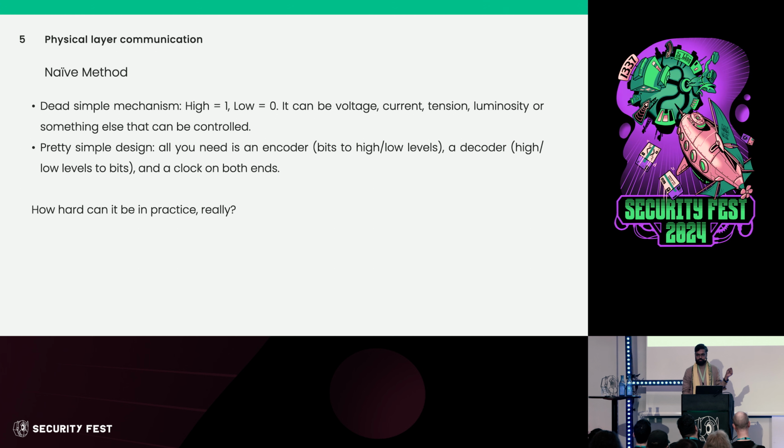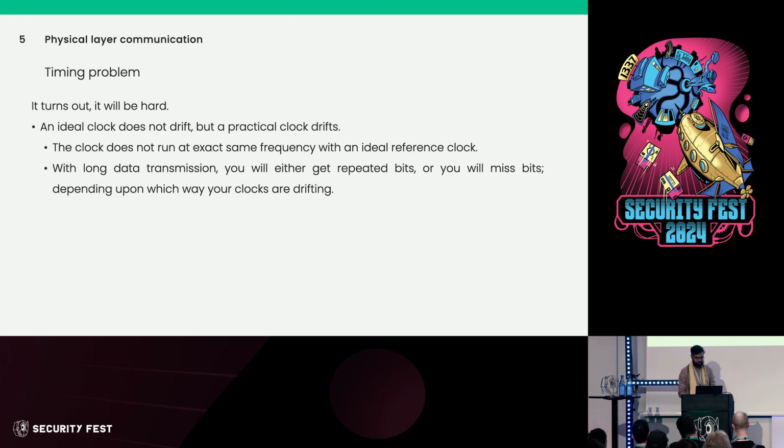If there is a continuous stream of ones or continuous stream of zeros, we have a problem. We will eventually lose count of it. Maybe I am transmitting 4 ones and I am getting only 3 ones or 5 ones. So that is a problem. And this is because of timing. I am keeping some sort of time delta, and if timing is getting out of whack, I will either miss data or I will try to produce data out of thin air, and both of them are wrong.